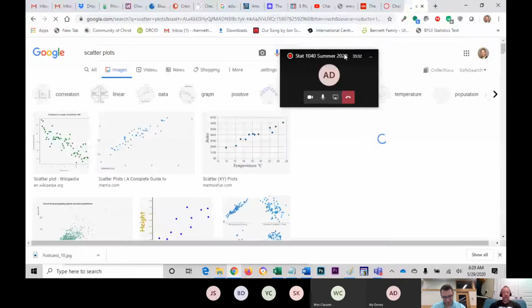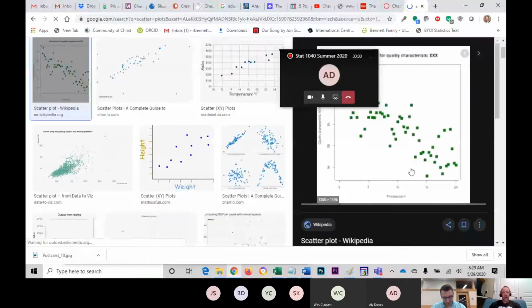Okay, so the idea here is, as we're looking at these, so this is a scatter plot. You've got your explanatory variable down here, which apparently is process input. And then you've got your quality characteristics, which is whatever that is, okay? So you're gonna have a scale on there. And the idea here is you can see that as we plot the x variable down here, y variable here,